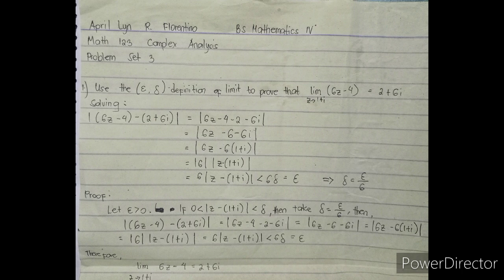To prove, let epsilon be greater than 0. If the absolute value of z - (1 + i) is less than delta, with delta greater than 0, then take delta to be equal to epsilon over 6. Then